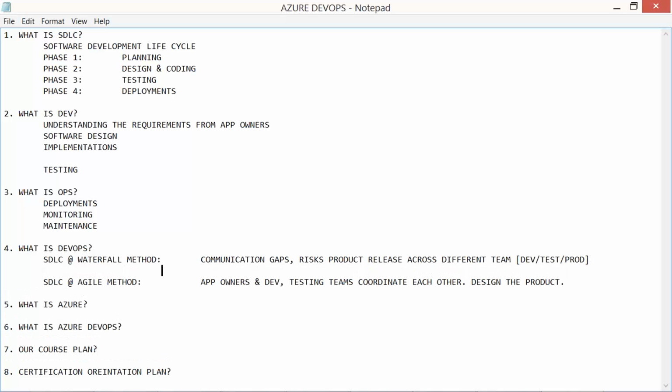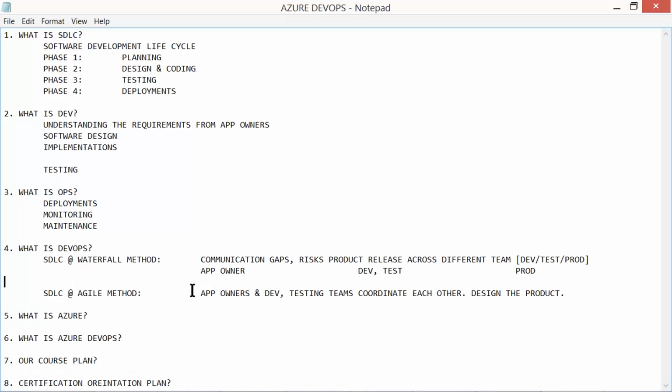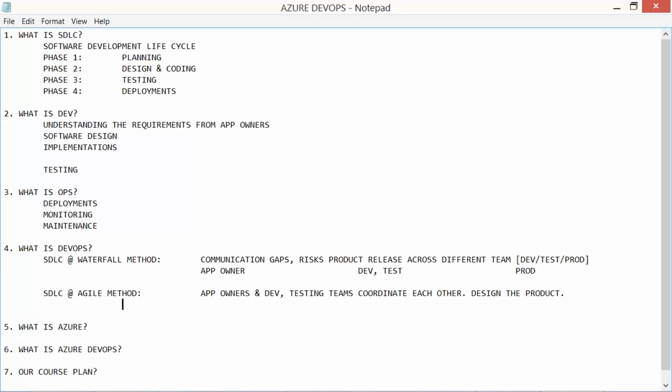I mean to say, in SDLC, it's like the app owner at one side and the dev team at one side. Generally, the test team would be nearby to the dev team, and the production team separately. In Agile, it is something like this.